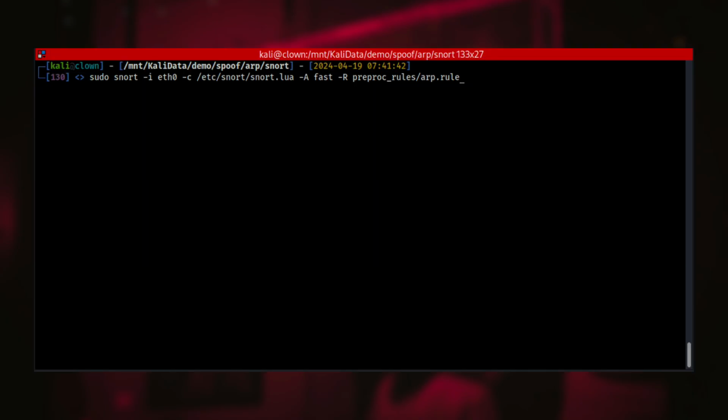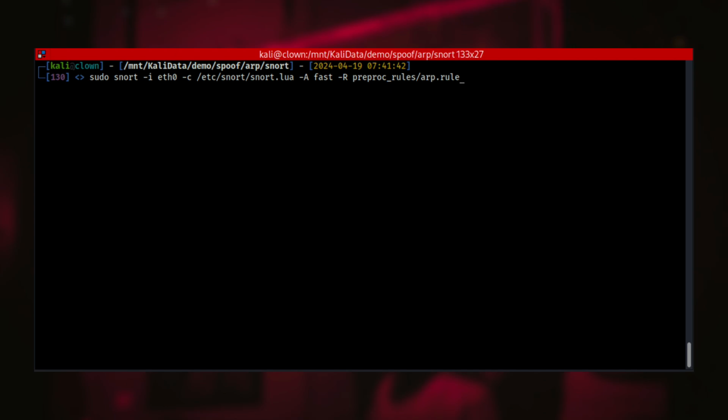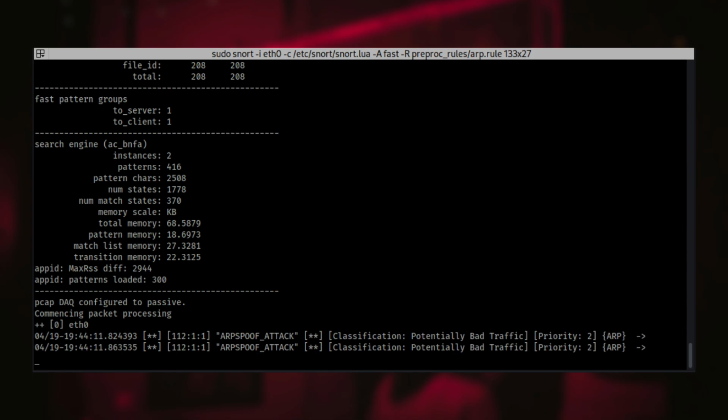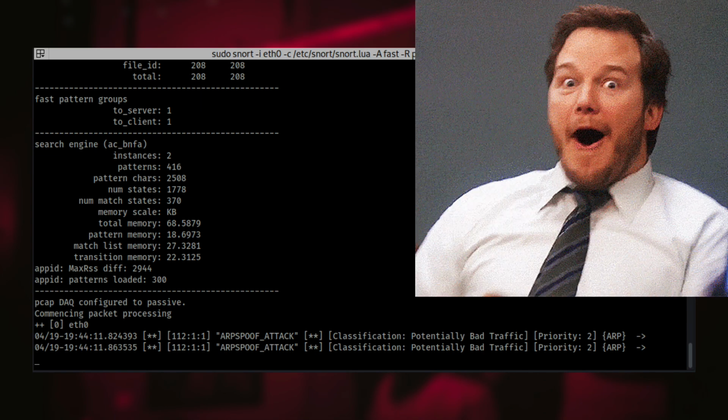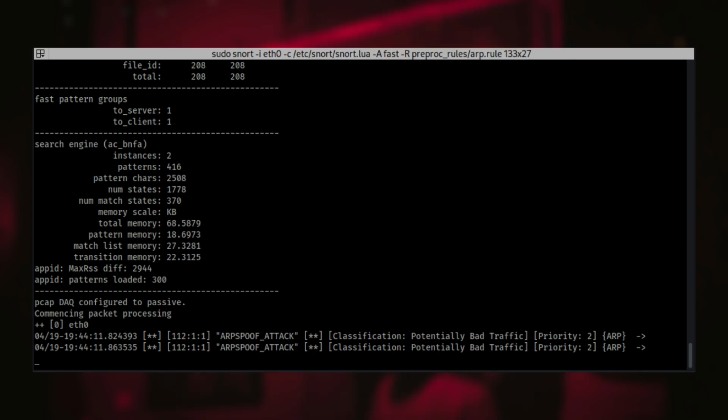The command line options include the interface I need to listen on, the main Snort configuration file, and the rule I just created. I will also run in fast mode, which will provide simpler output. Upon firing this, we can see it detected some hits. I needed to generate network activity on my smartphone by browsing the web in order for the frames to flow